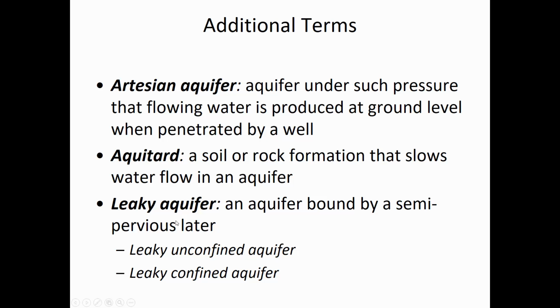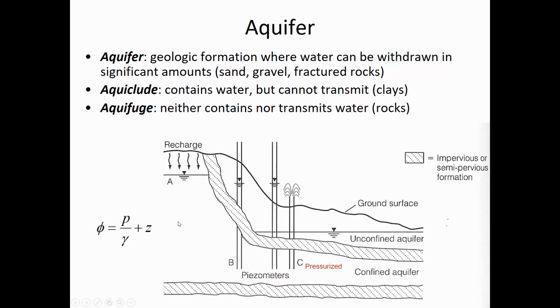A leaky aquifer could be that in this lower confining layer, maybe it's a very thin layer of clay. And so a thin layer of clay is going to slow down the movement of the water above it, but it's not going to totally stop the movement of water. And so the water would go downward, and there may be another